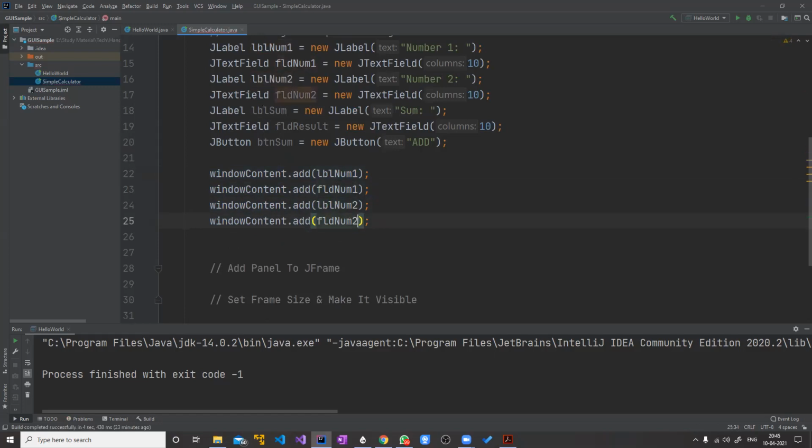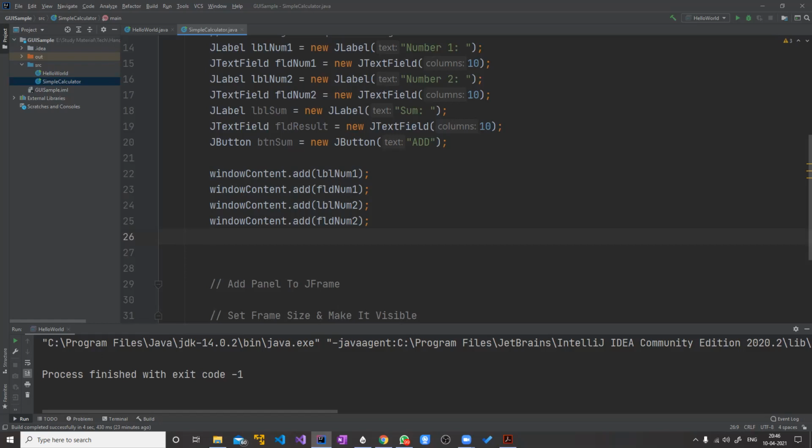Same thing for number two. Next, if they are added horizontally, then would all of these be in one line? You said all these things get added horizontally, right? Yes, this will be added horizontally, but obviously if the size of the window is limited, so if the horizontal space is finished, then it will go to the next line.